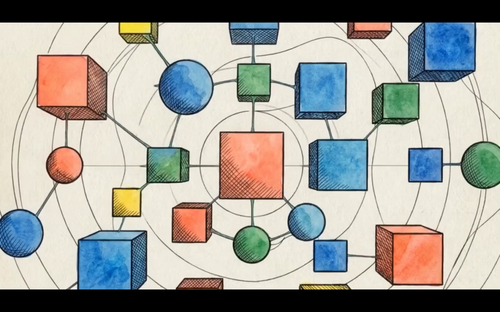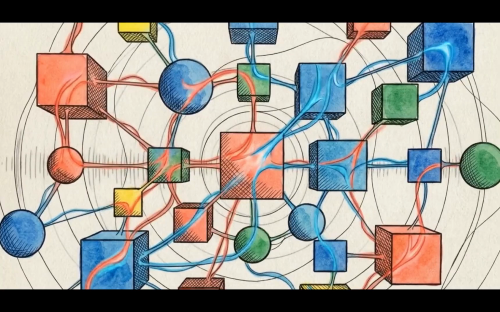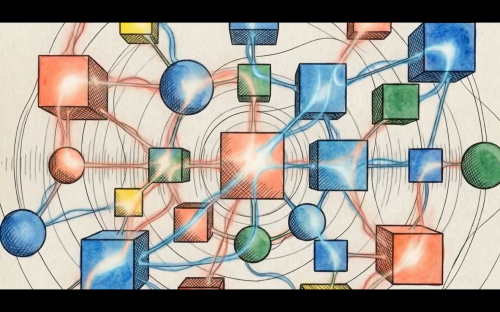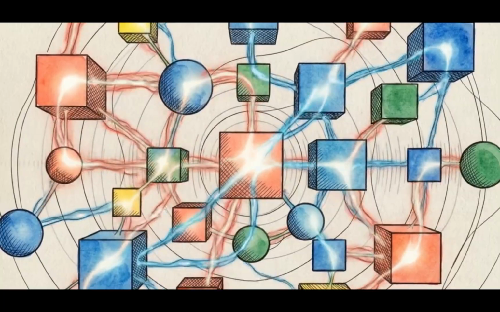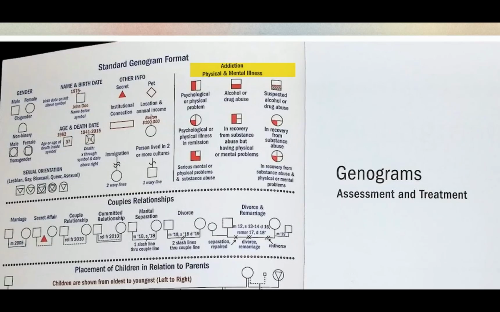Structural mapping provides the skeleton of a family system. To understand its function, a clinician must overlay its physiological vulnerabilities and emotional currents. This section of the legend establishes the markers for tracking illness and addiction across generations. A node shaded vertically in red on the left side indicates a psychological or physical illness. If the lower half is shaded horizontally, it denotes substance abuse.